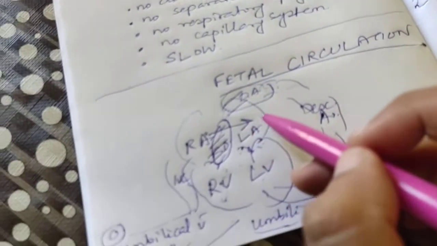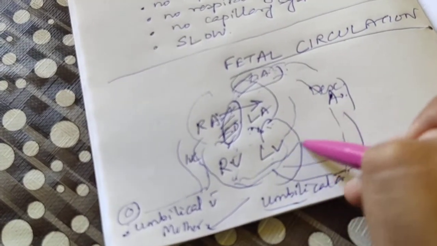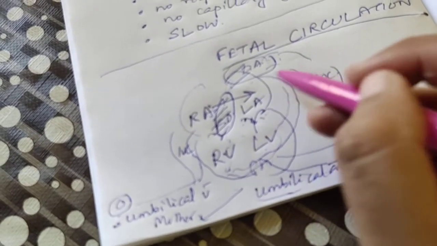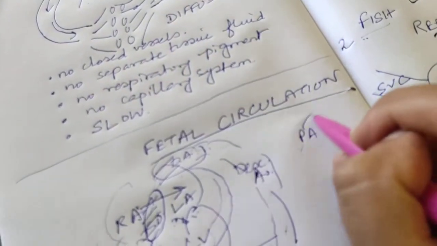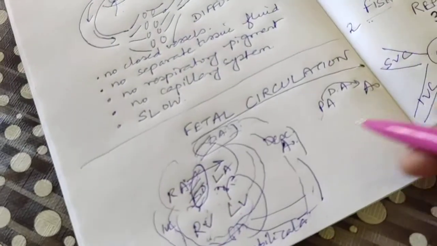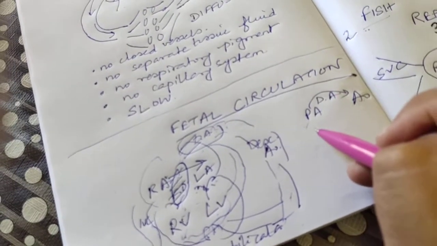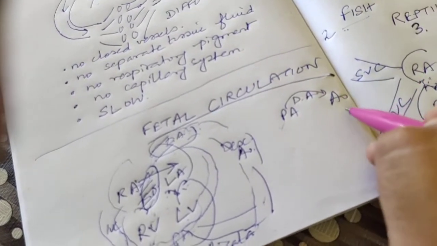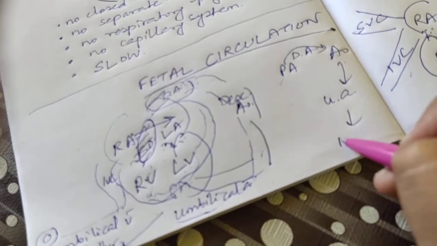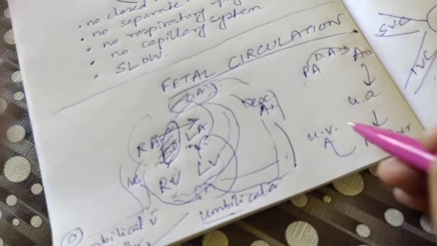So the ductus arteriosus plays a very important role. It arises from the pulmonary artery, from the RV. From the pulmonary artery, the ductus arteriosus connects the pulmonary artery to the aorta. So the deoxygenated blood is carried from the pulmonary artery into the descending aorta, to the umbilical artery, to the mother, through the placenta. From then on, the umbilical veins